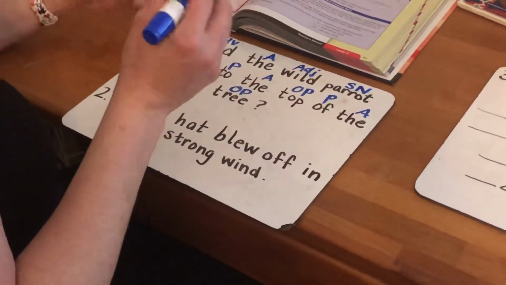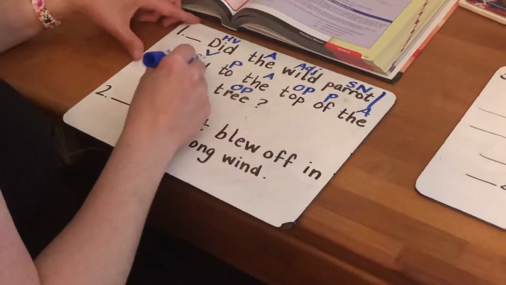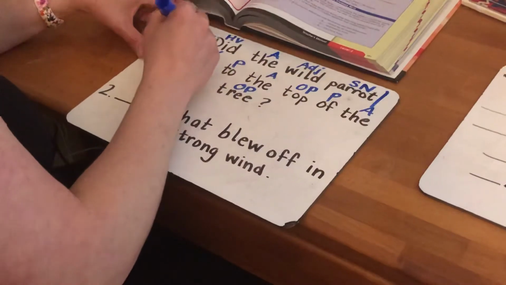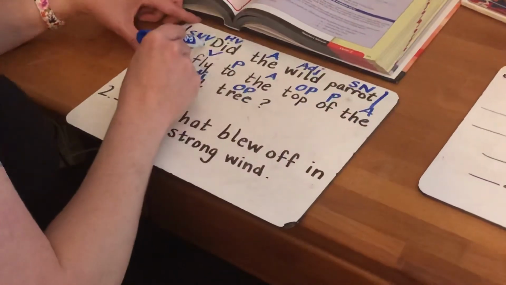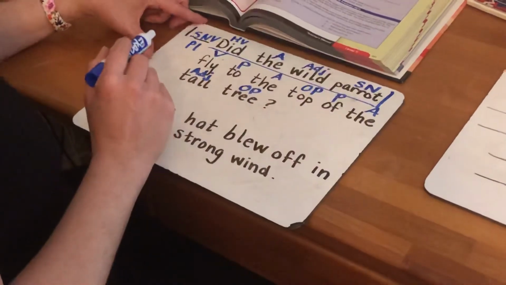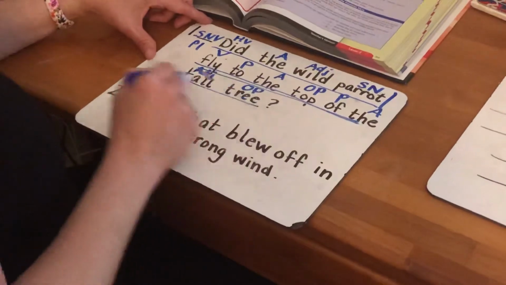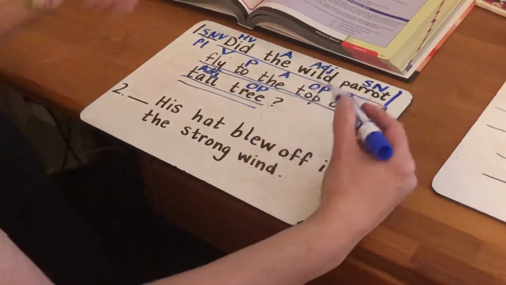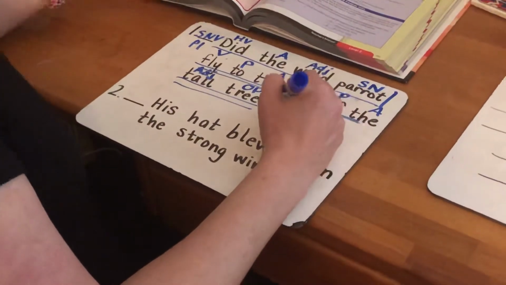Skill check. Subject noun. Verb. Pattern 1. Now I've split my sentence up between my noun and my verb. So I'm going to underline my whole complete subject once and my whole complete predicate twice. Now I look at the end of my sentence. The end of my sentence ends with a question mark. So we say interrogative,